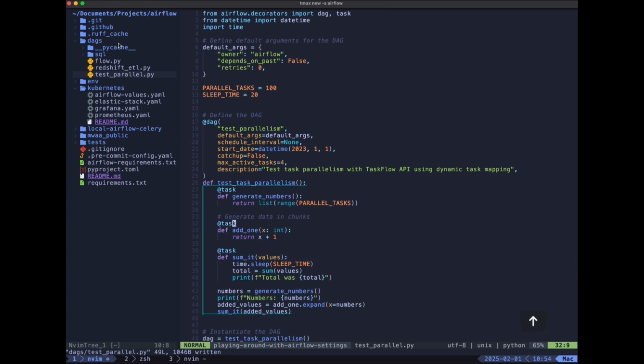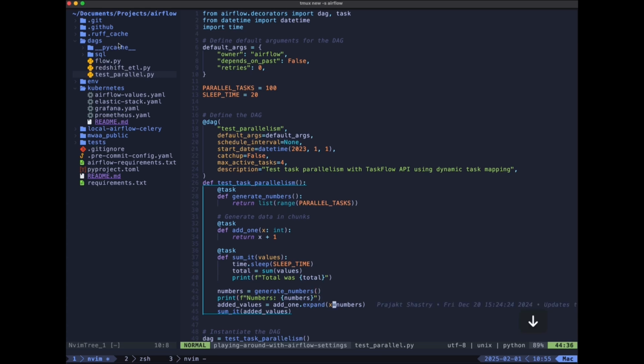For the second task we are using an Airflow feature called dynamic task mapping, which allows us to run the same task with a multiple set of parameters that we are passing over here. So for the Kubernetes operator,